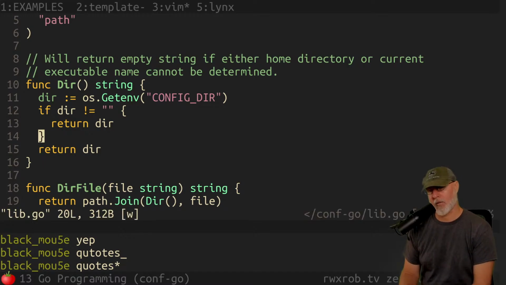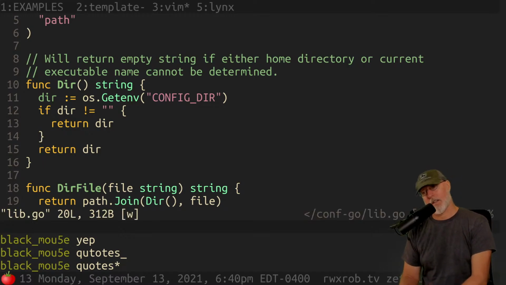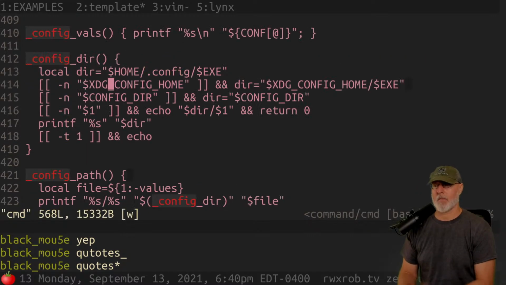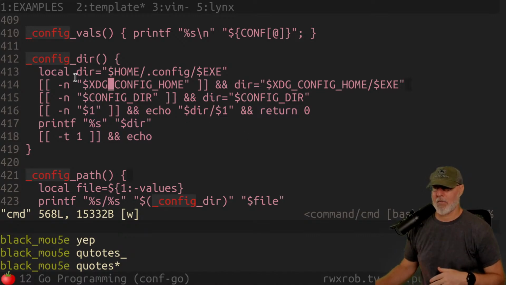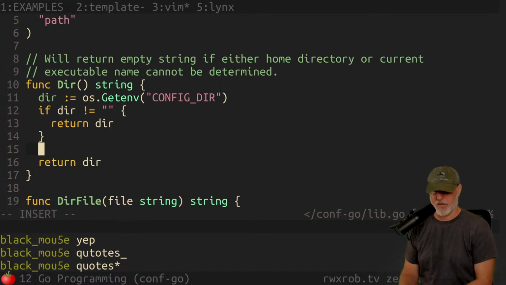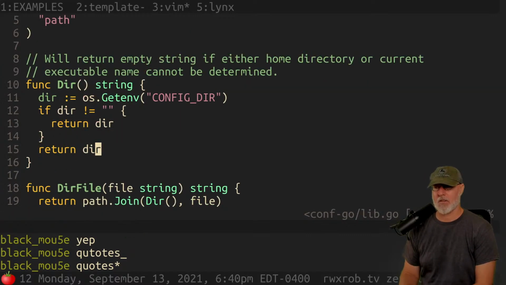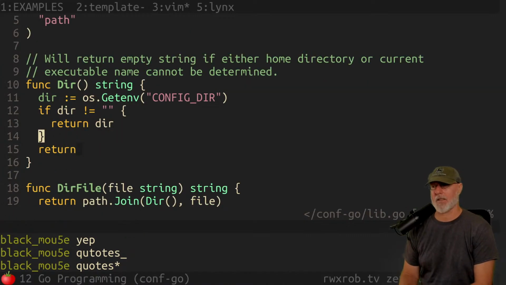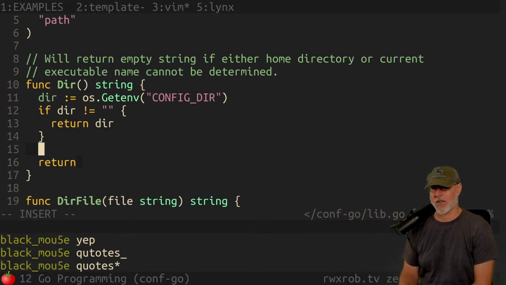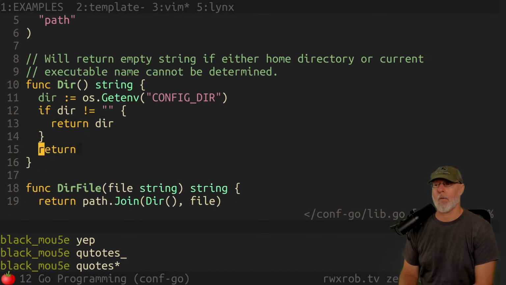And since it's already defined, we don't do the while operator anymore, or declare, assign, whatever you want to call it. But now what? Now we say, all right, let's use the xdg config home, and both of these lines of logic are already covered for us in that one thing. So we say dir equals fact. In fact, as far as we're concerned, that is the only option. So because it's the only option, we can actually return it directly. Well, I think no, because it's got two variables.